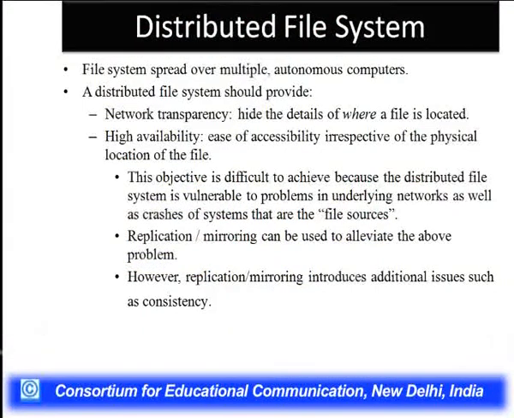So basically in cloud, what is happening is all the data centers, all the clients, they are located at different geographical locations. So the file system basically being used in cloud is a kind of distributed file system where all your files will be distributed on multiple clients on multiple machines, and it will be spread over multiple autonomous computers, and it is not necessary that these computers are located at the same geographical locations. They can be in different geographical locations as well.